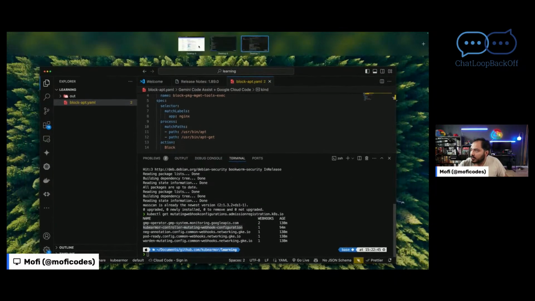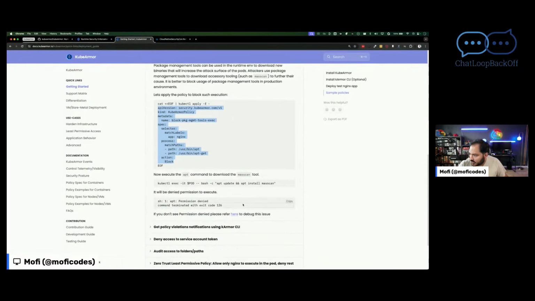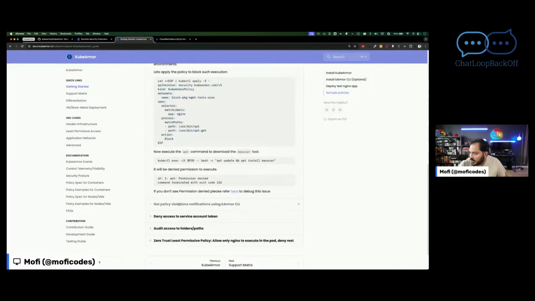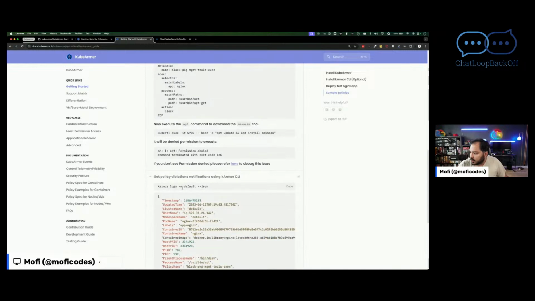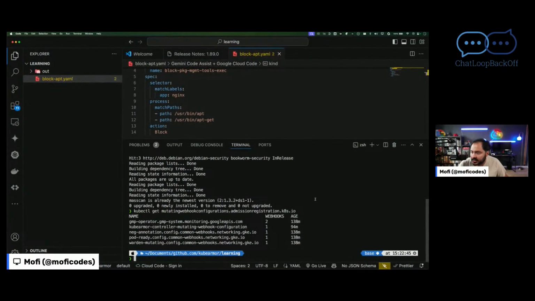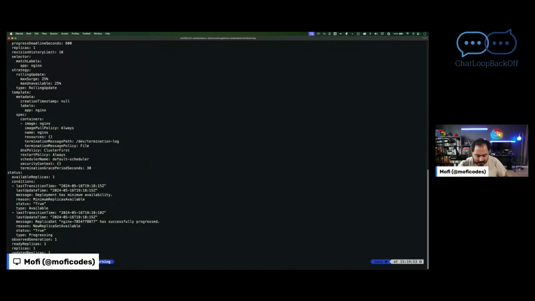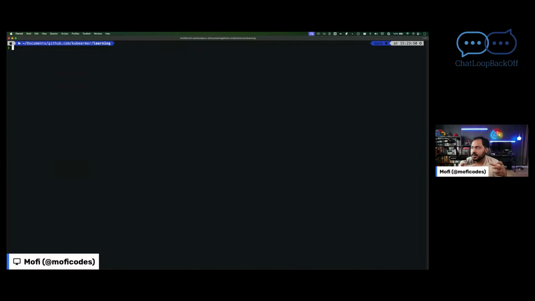So cool. So that worked. Let's look at the next one. Next one is, oh, okay. So I could take a look at the policy violation. So KubeArmor, the tool, what it seems to do here is basically parse all the different things that are happening in a namespace-based way. Instead of me going through individual KubeArmor pods to parse all the logs, I can just have